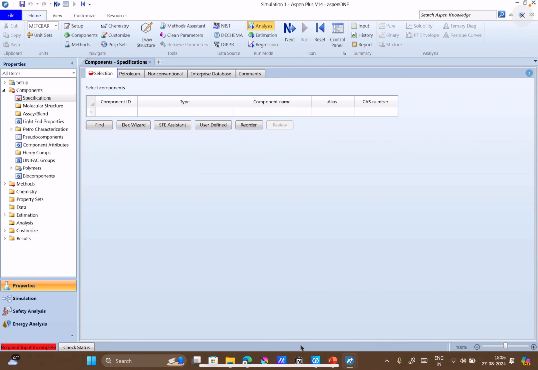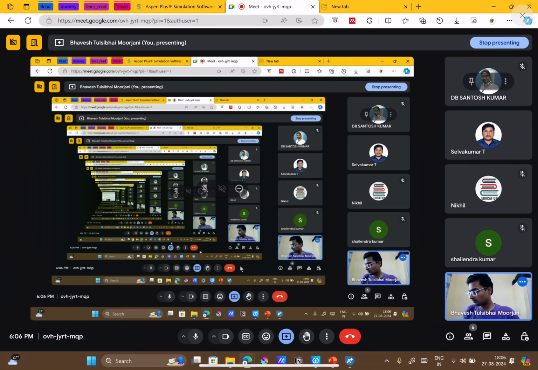Okay. Meanwhile, it's loading. What I wanted to discuss was how many of you have access to Aspen right now? The way I have planned out today's session is that we will be solving multiple property analysis problems. So I will solve some problems and then any of you can share your screen and solve it with me.